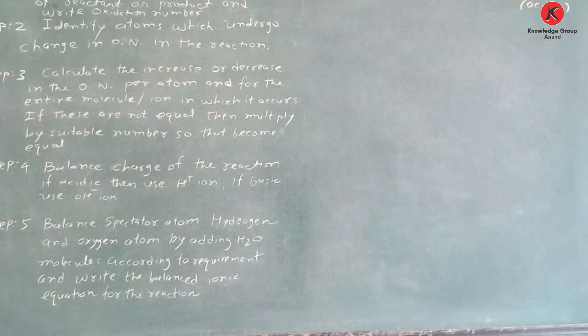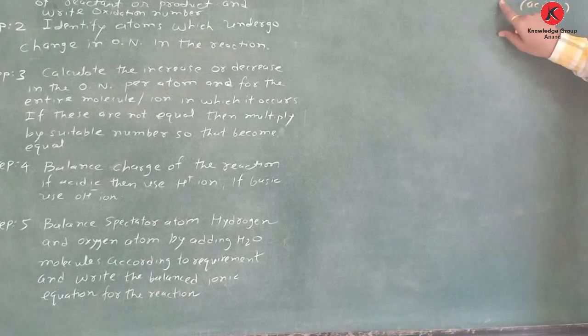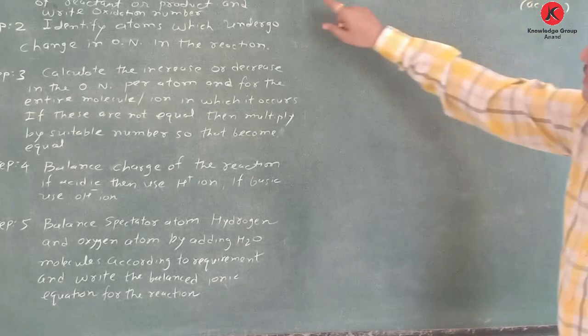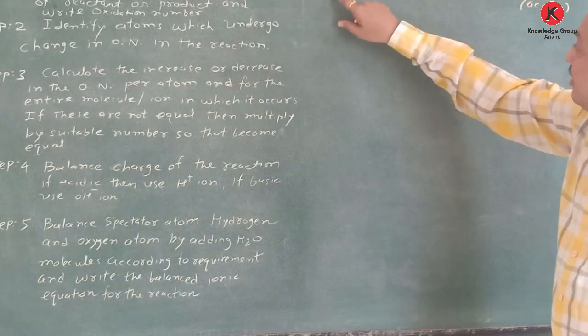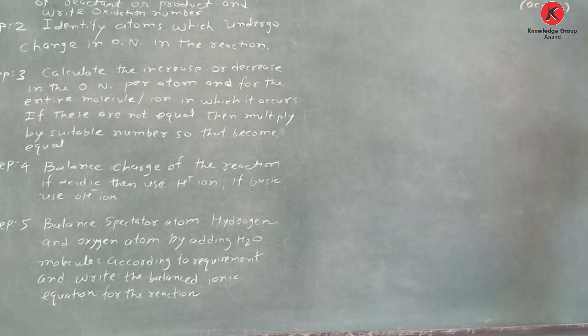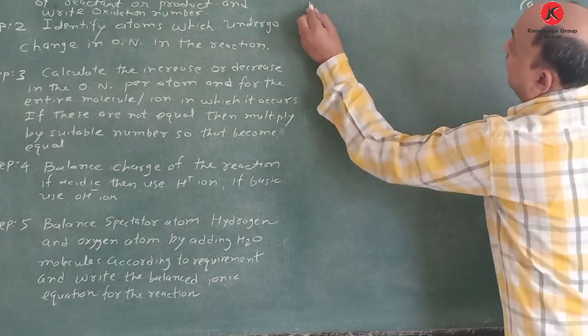Okay, now balance the redox reaction: H2O2 plus Fe plus 2, it gives Fe plus 3 aqueous plus H2O liquid. Acidic medium. This is in your exercise 8.18, reaction number C, balance the redox reaction. So first of all, step 1 you have to write it, and